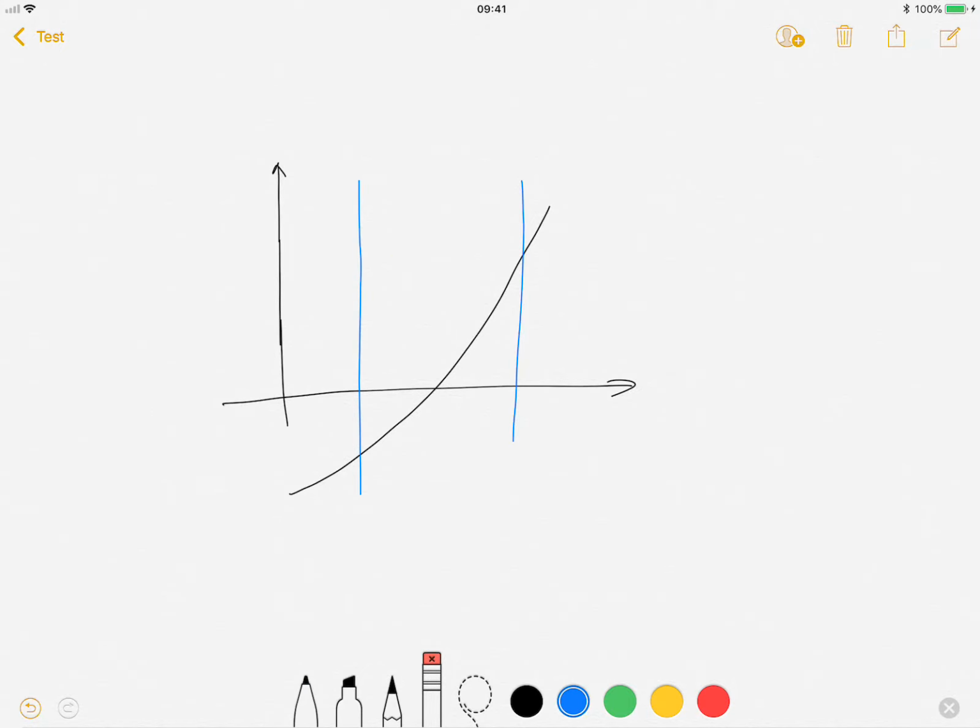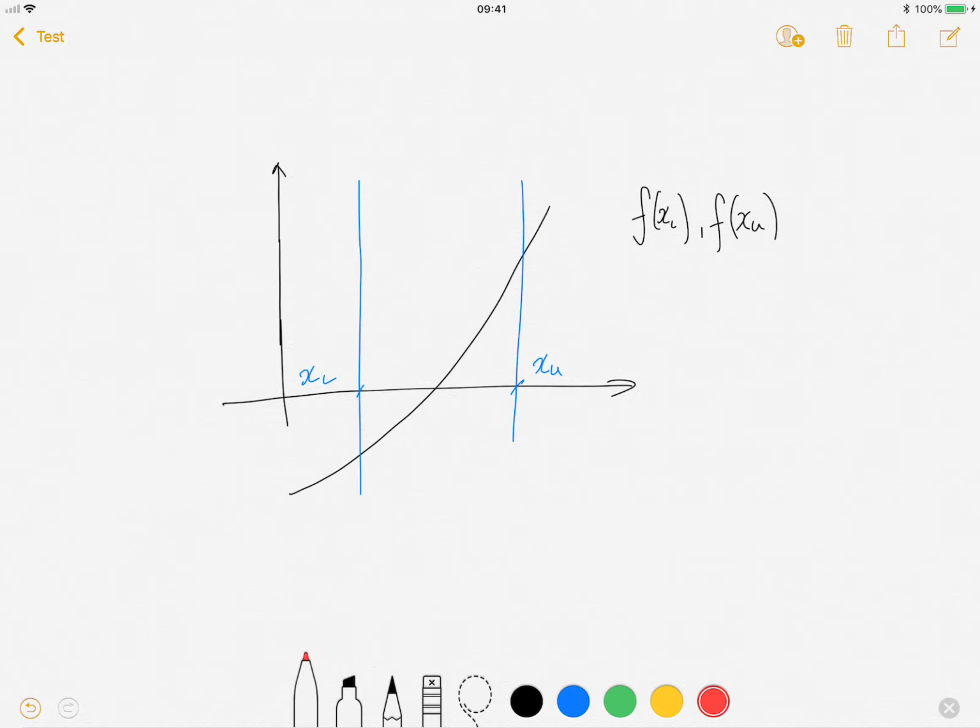But as I mentioned, the bisection method doesn't take into account the magnitude of the function at our lower point and our upper point. That is f of xl and f of xu, where xu is our upper bound and xl is our lower bound. For example, if we try to